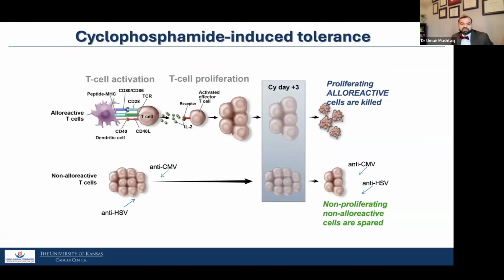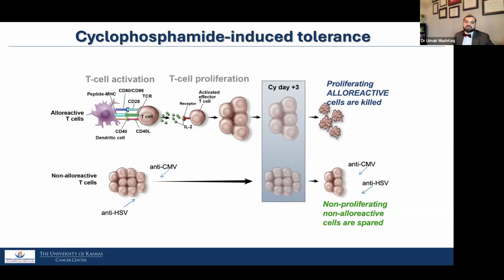So how does post-transplant cyclophosphamide work? When we give a bone marrow graft, there are T cells in it, and T cells are important for engraftment, immune reconstitution, anti-cancer effect, and anti-infective activity. When those T cells are given, they are activated via co-stimulatory mechanisms and HLA. There is an HLA mismatch, and because of that mismatch, these T cells get reactivated. So by day 3, there are all these T cells that are now alloreactive.